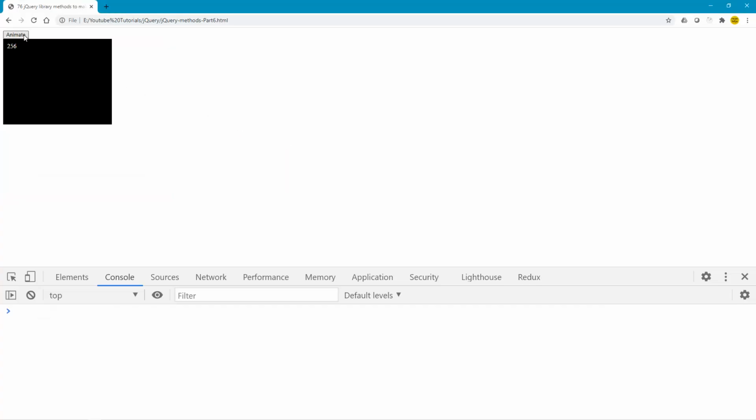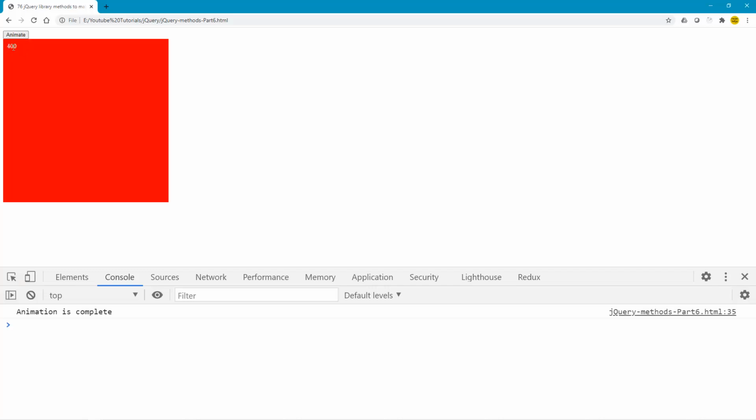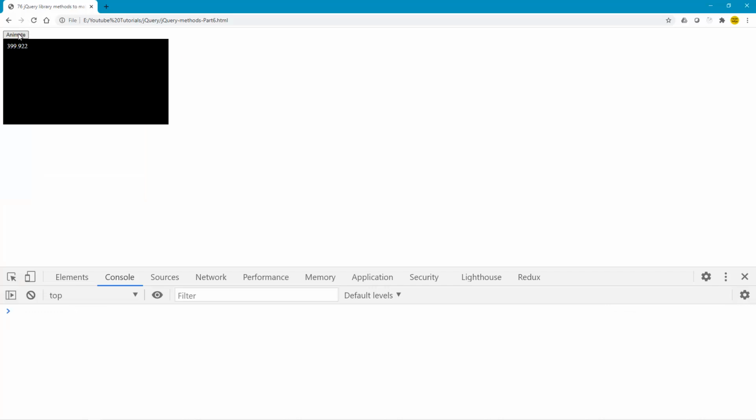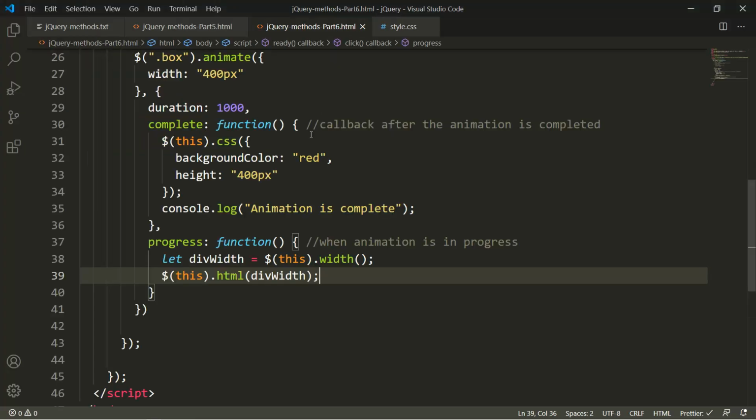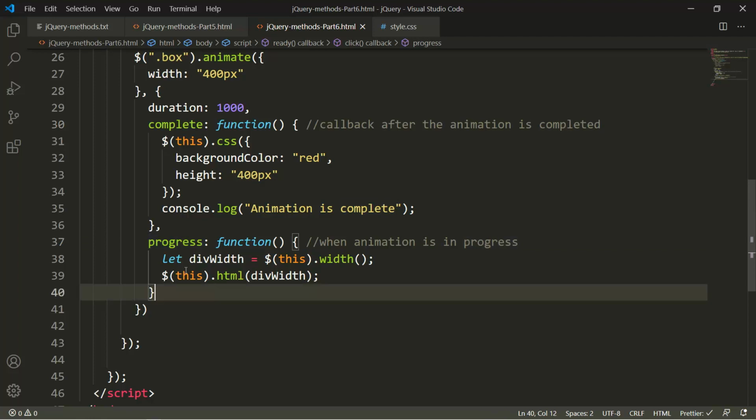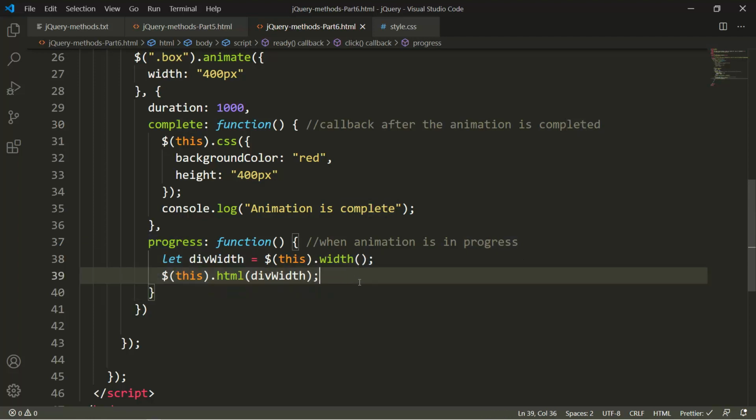If I click on animate, you can see it was displaying the width of the div tag each time the animation was in progress, and finally when it is completed, we have the final width of 400 pixel, and all the other CSS properties which we have written in the complete function. So you can play around with the complete and progress functions, and inside progress you can do anything you want.